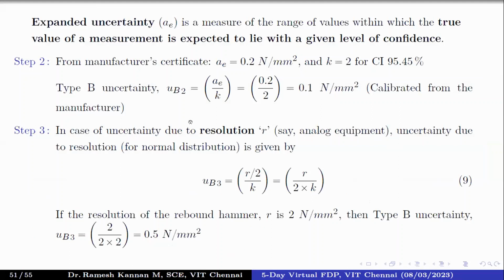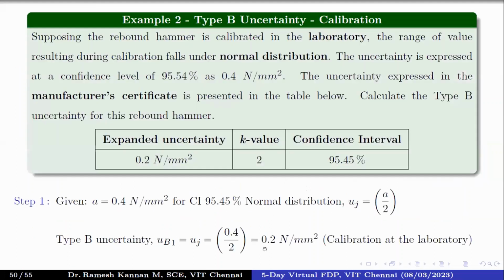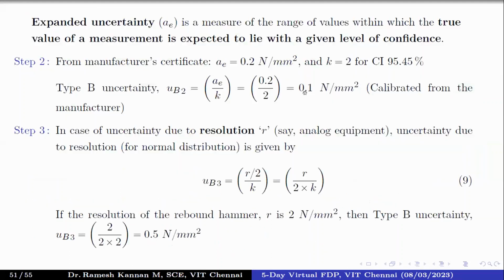So if I want to take the error values of type B uncertainty, I just take 0.2 rather than 0.1, or the manufacturer's value. Or owing to its usage, I may say that 0.1 is not possible anymore. It will be 0.2. There could be other uncertainties. This is generally for analog equipment. Nowadays, rebound hammers come in digital equipment, so the reading variability may not be that high, because digital will give you values like 0.23, something like that. That is pretty interesting.